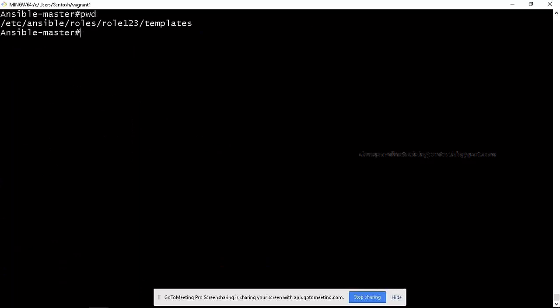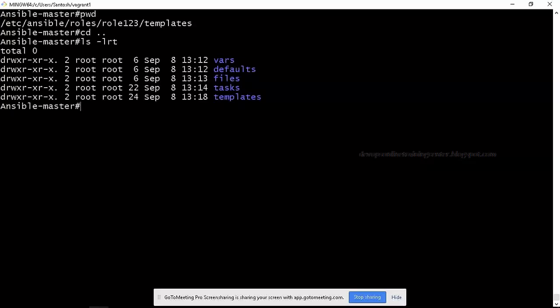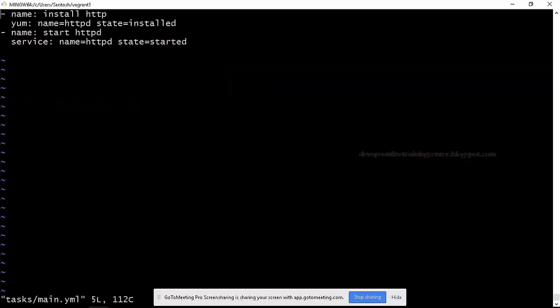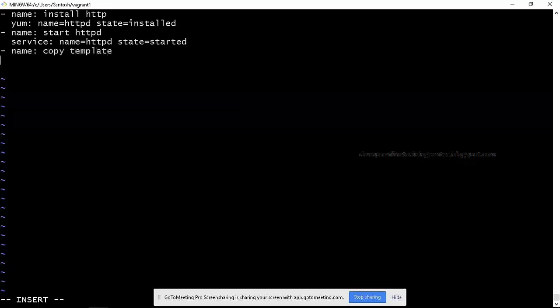Now what do I need to modify so that my website will be up with this index.html? I need to modify tasks main.yaml. I have a template now, right? So how do I modify? Simply I'll add name, copy template, then the module name is template, src.